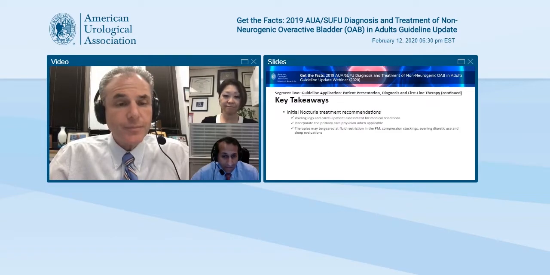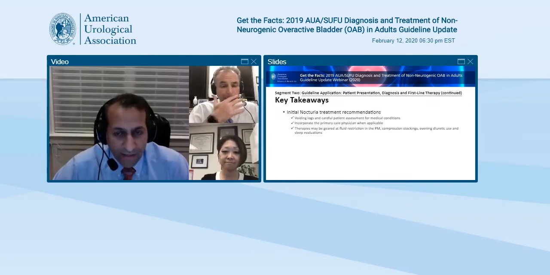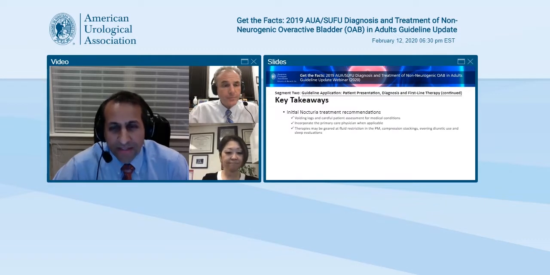Yes, so I think I'd really take everything that Dr. Kobashi mentioned to heart. I think voiding logs can be very directional for our patients. I do really try to incorporate their primary care physicians, because we see these patients as urologists, but so much of this is a medical situation. Better control of their medical disease, be it congestive heart failure, fluid retention, as she mentioned, management of their diuretic use and appropriate timing, these are so much more often the factors than a truly direct bladder problem.